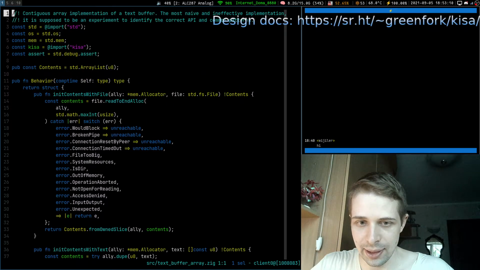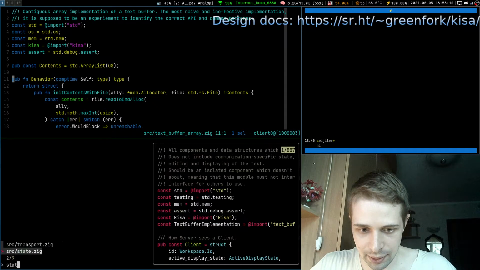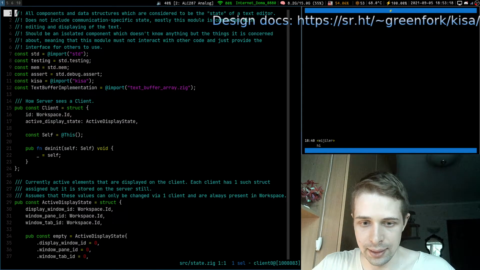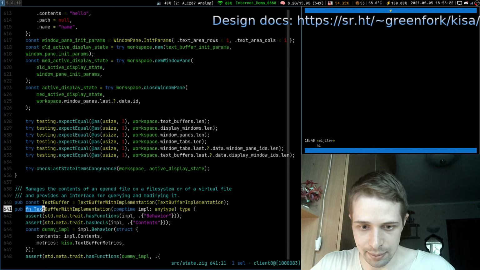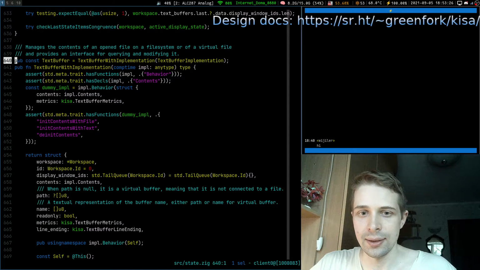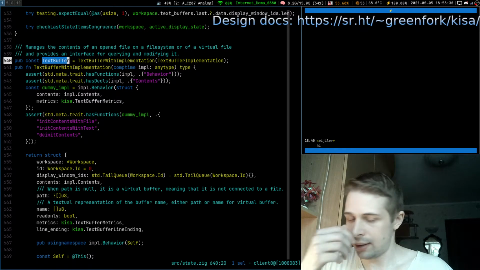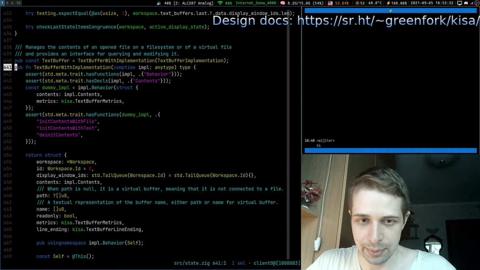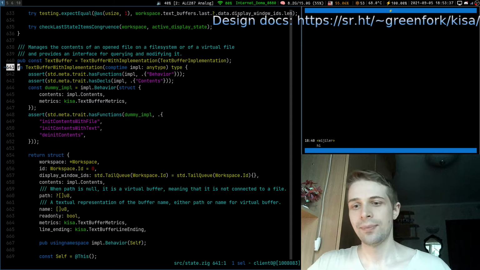This is our text buffer array. It is an implementation of a text buffer. And here in the state.zig, yep, text buffer. Here is our text buffer, and this is the text buffer for the export. Oh, by the way, let's make it a private function.